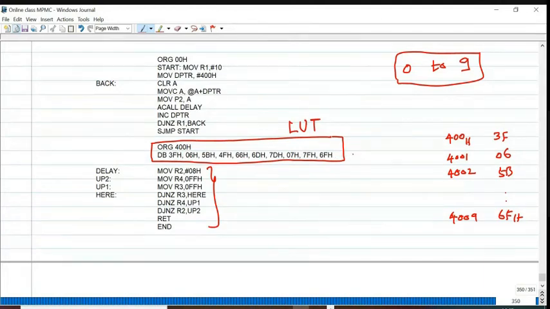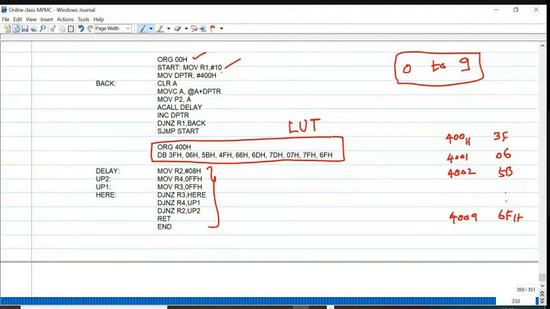Take one register, load the register with the 10 data. Once the 10 steps are completed, repeat the same procedure. Okay. So starting address of the memory, program 00. 10 information I have stored. So move R1 comma 10. I have not given H and all. So if you are not specifying H, it represents decimal number.